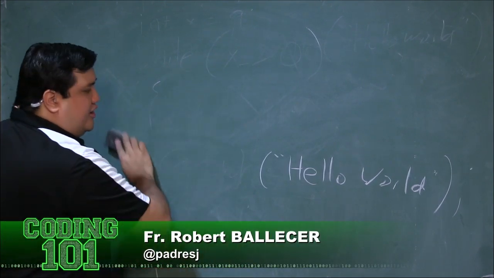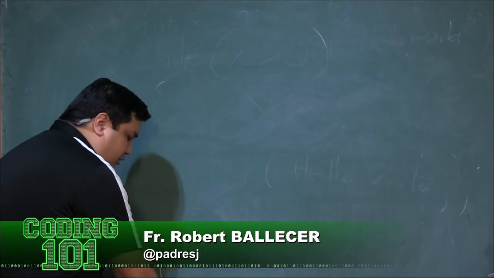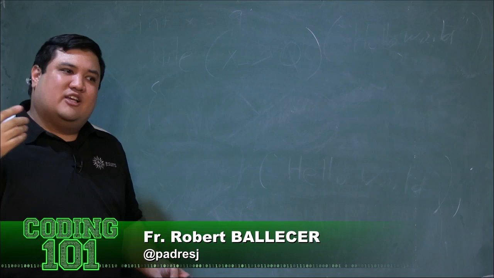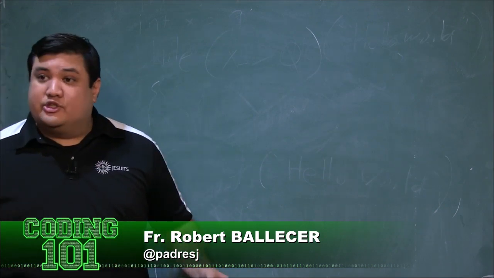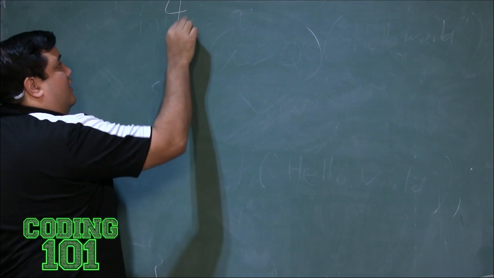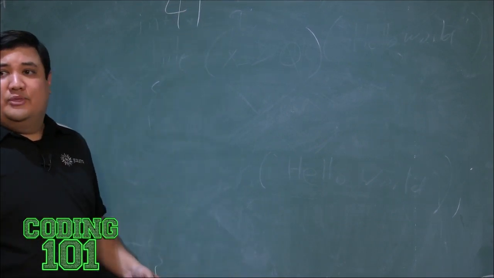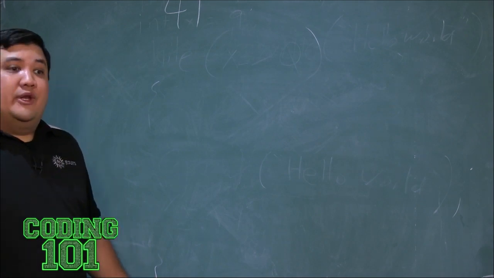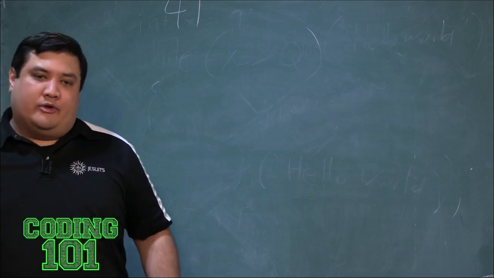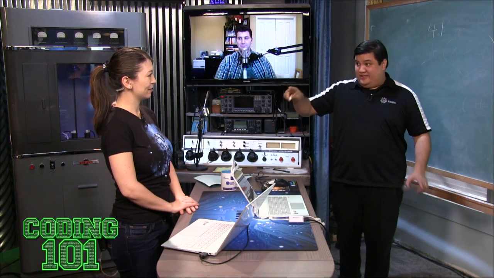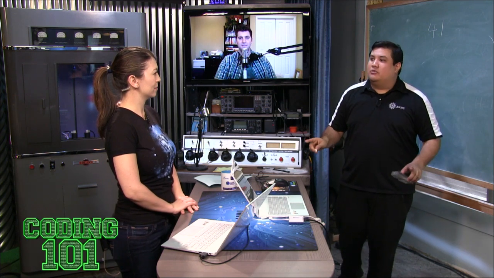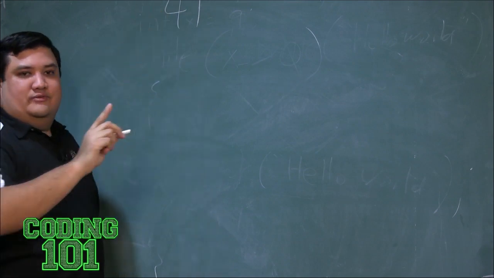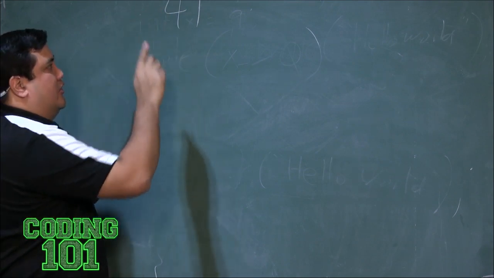Now, when we were doing binary to integer, it was pretty simple, right? We would just look at the value. If it's 1, we add it up. If it's 0, we pass on by. It's a bit more complicated when we're converting an integer into binary because when we have something like 41, how does 41 become a binary number? Exactly. But here's the easiest way to think of it. I'm converting from a base 10 system, that's what integers and decimals are, to a base 2 system. Here's how you're going to do it, Shannon. What we want is you take your original quotient and divide it by 2. So how many times does 2 go into 41?